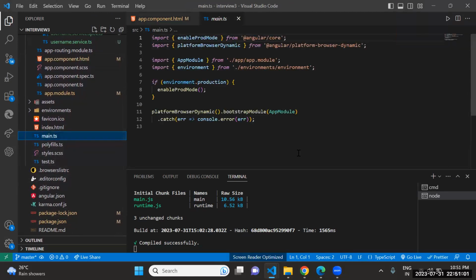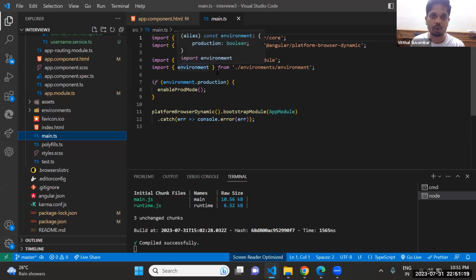Okay. So there is an app module and also environment.